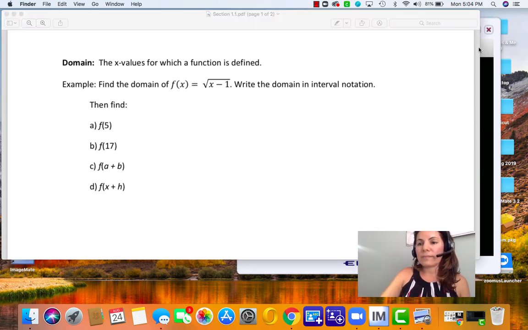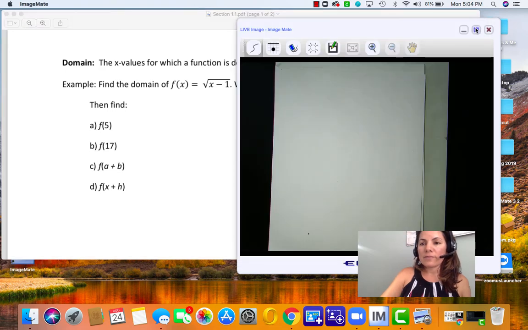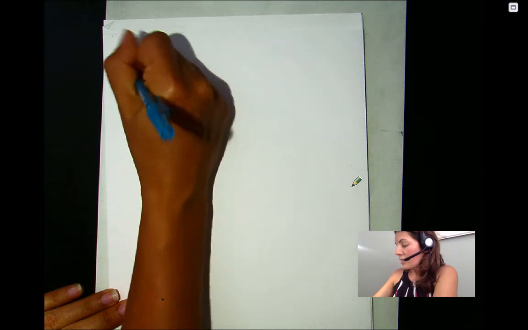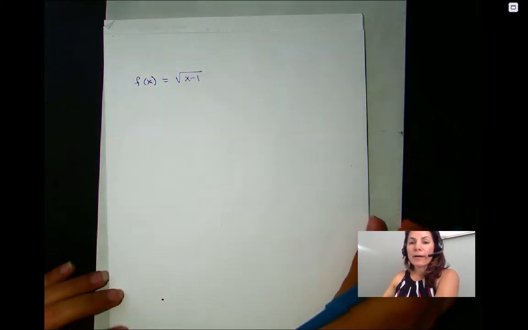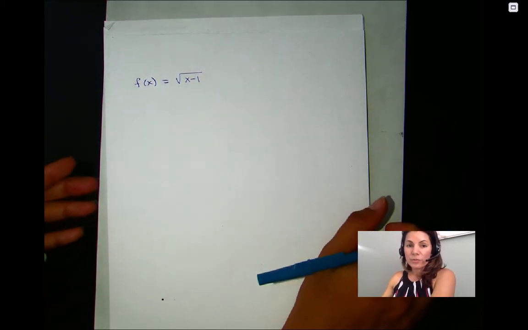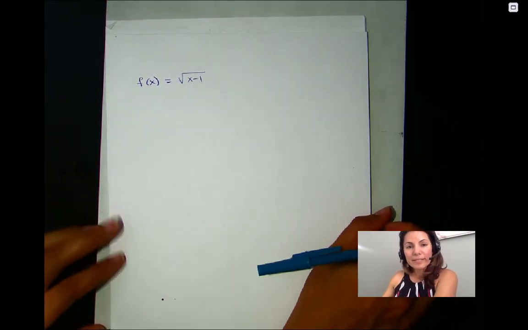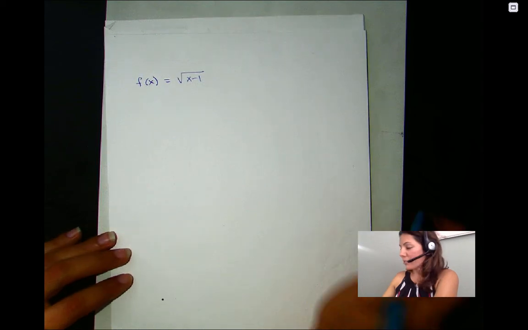So let's go back over here. So the domain of that function, it was f of x equals the square root of x minus 1. Now, what's something you know about square roots? You can't take the square root of a negative number, right? So this means